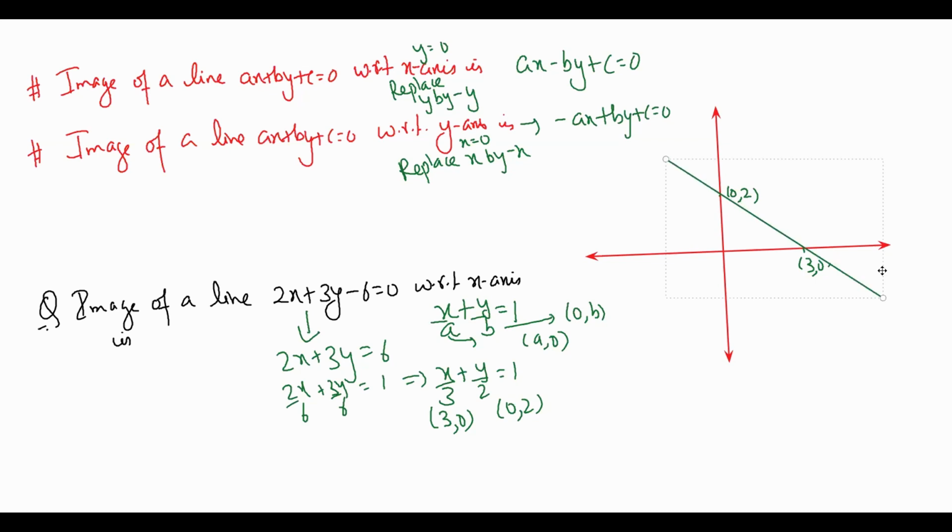Okay, now using the diagram I am finding the image, and you can recheck it with your shortcut here. Now look what I get. This is the line, and this line is passing through (3, 0) and (0, 2). And what about its image? Its image is about the x-axis. That means your image comes out like this, it must be passing through (3, 0). So this is your object and your image must be like this.